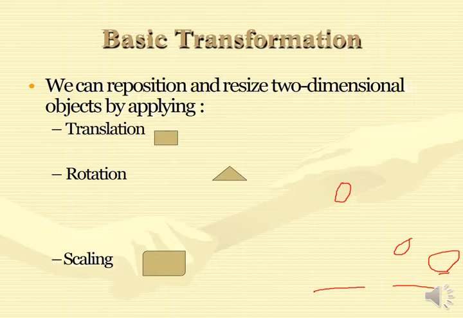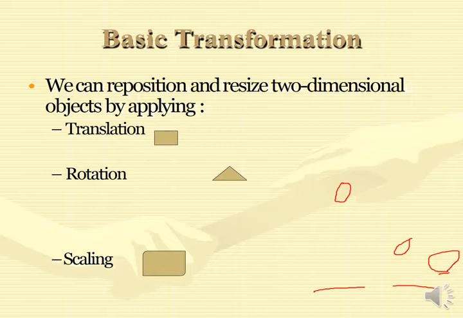So basically, whenever we are talking about these three operations, I think every student is going to have a clear idea what I am talking about. Whenever I am talking about translation, that means it is moving from one place to another place without changing its shape or without resizing it. And whenever I am talking about rotation, an object is getting rotated to a particular angle, and whenever I'm talking about scaling, then that means the object is coming forward or coming backward.